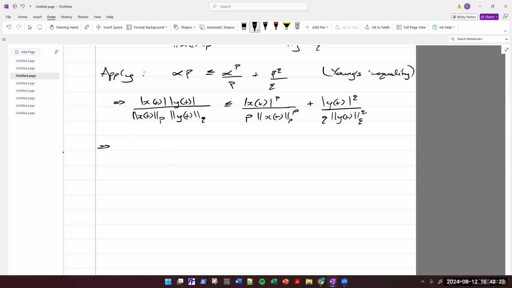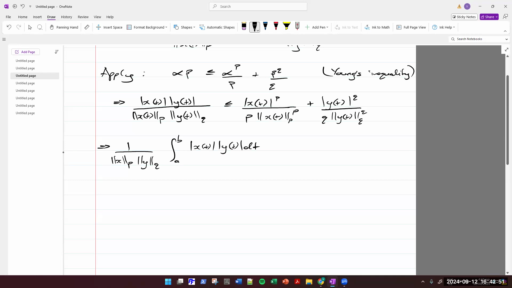So I can write this as 1 over the norm of x. So now I'm going to drop the x of t and the y of t. The integral from a to b, because these things are just numbers. The modulus, so now I need to include it here,